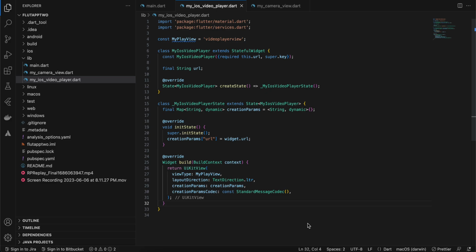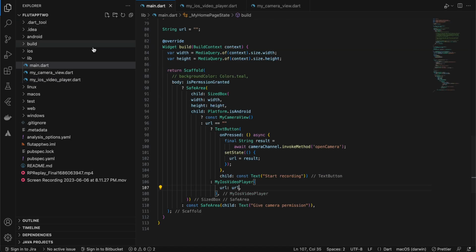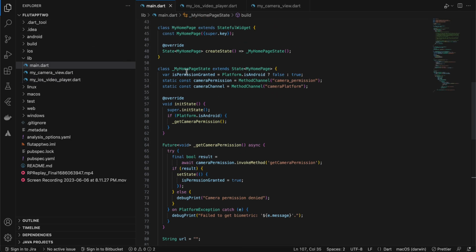In today's video I will show you how to record audio and video inside your Flutter application and then play that video inside a player view, or ExoPlayer view, or using AV Foundation. Let's get started. So I have created my Flutter application, and inside that, first of all, we need permissions for